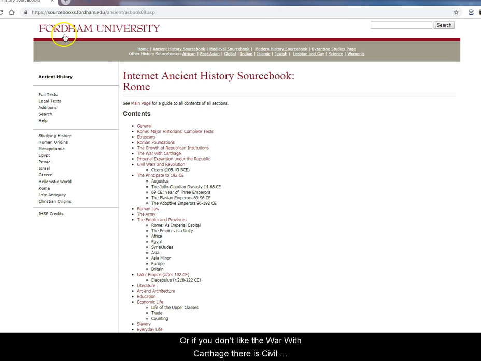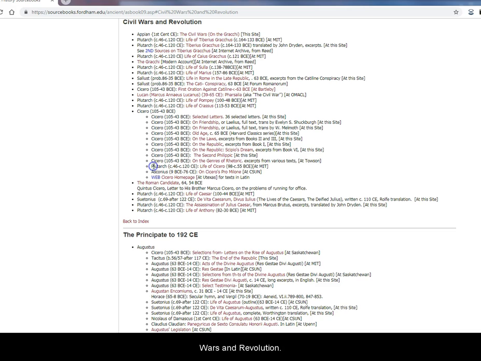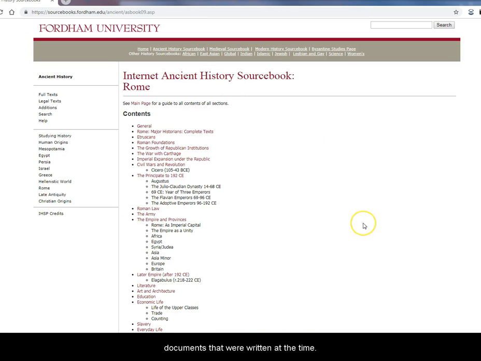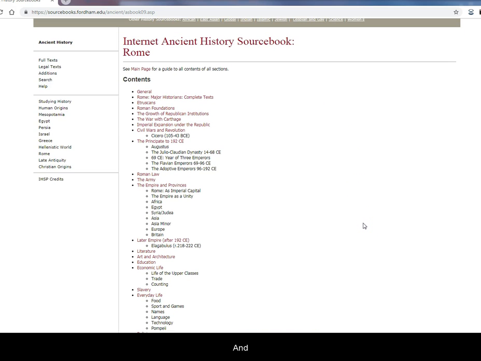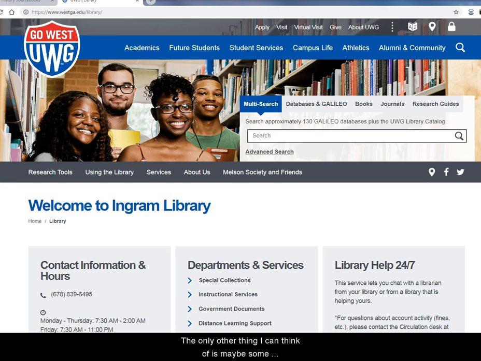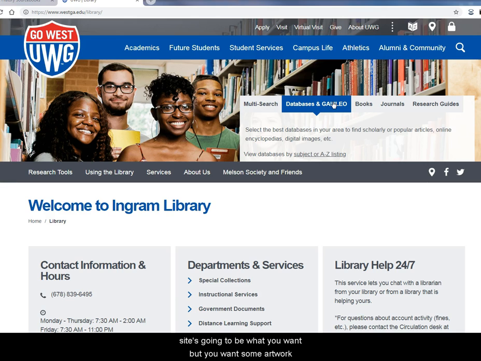Or if you don't like the war with Carthage, there's Civil Wars and Revolution. And then we have these different documents that were written at the time. And let me see what else I can find. The only other thing I can think of is maybe some artwork. I honestly think that other site's going to be what you want, but if you want some artwork, go to